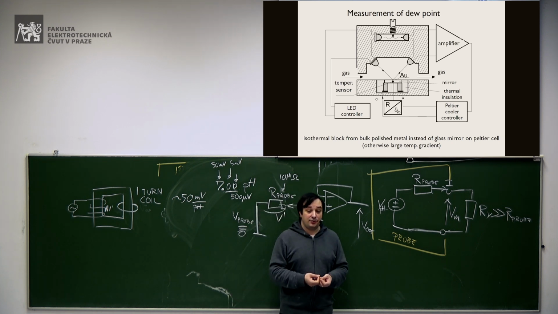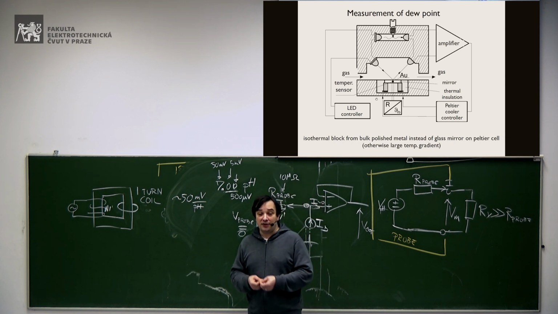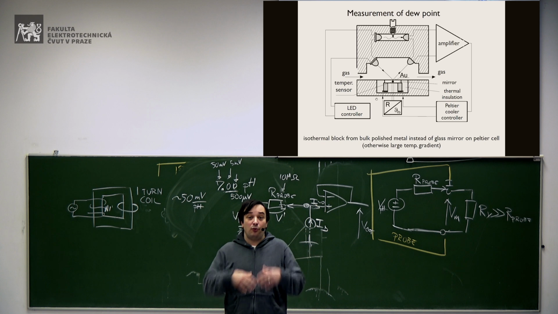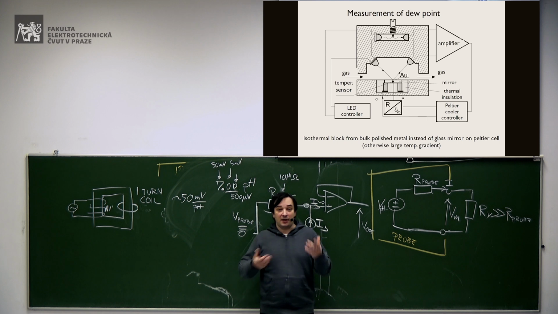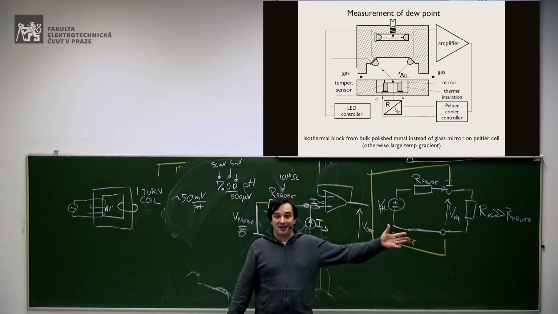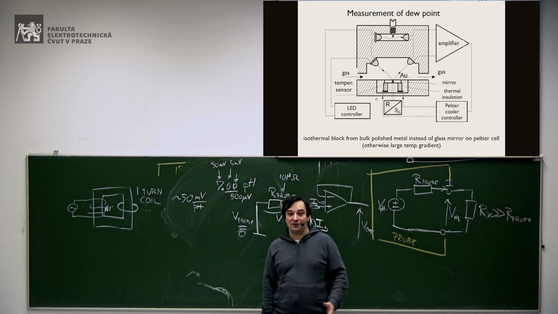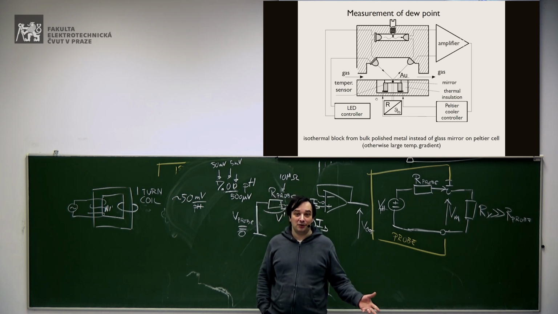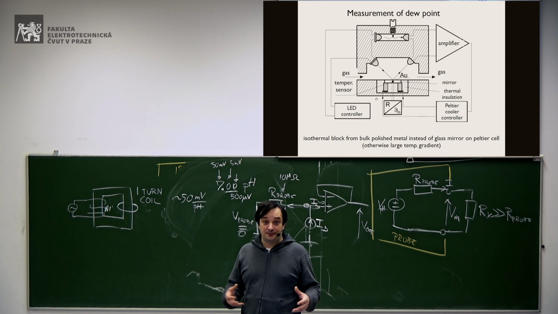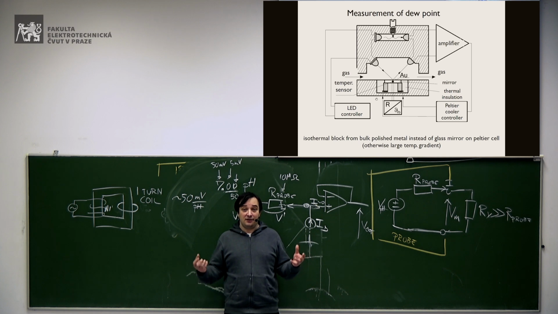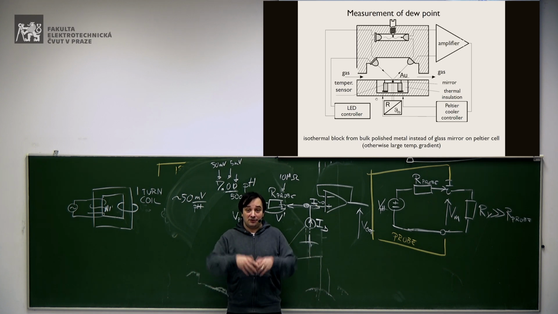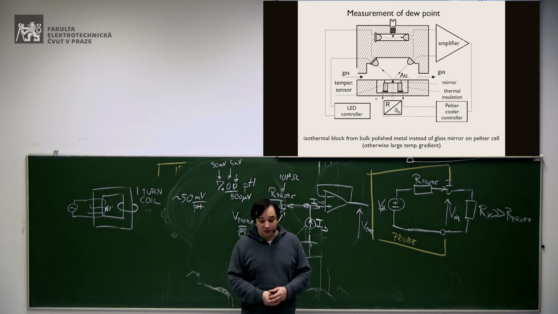Dew point is the temperature where you create dew, because the air cannot take all this amount of vapor anymore. Okay? That's what you see in the morning if you go out early enough and it's very cold. At such a low temperature, the air cannot keep so much vapor, so it does create dew. And how do you measure this dew point?